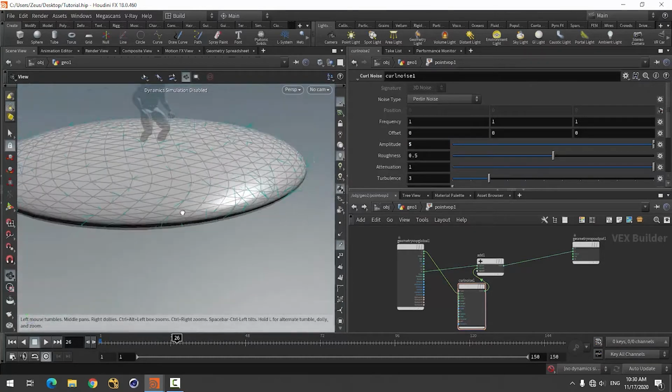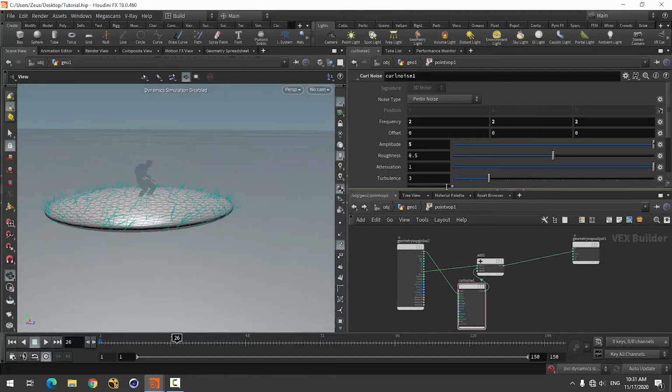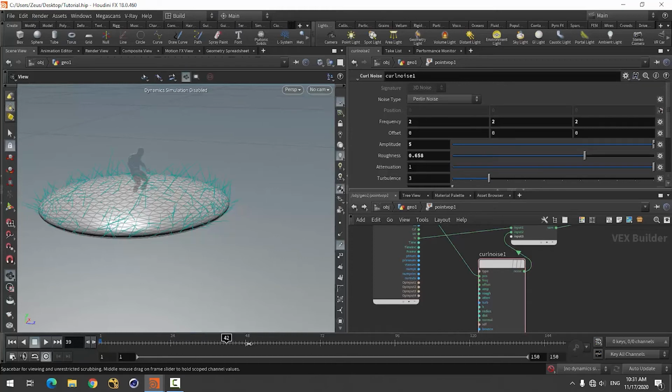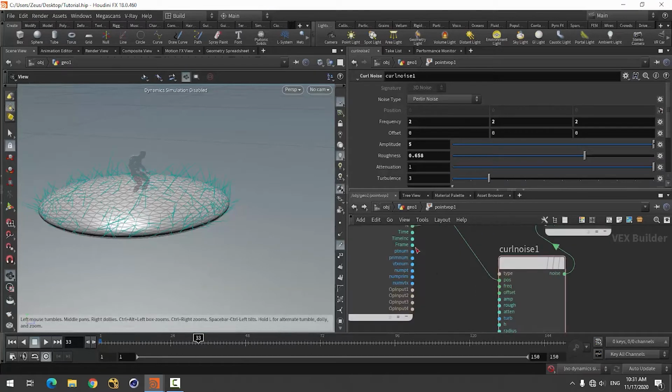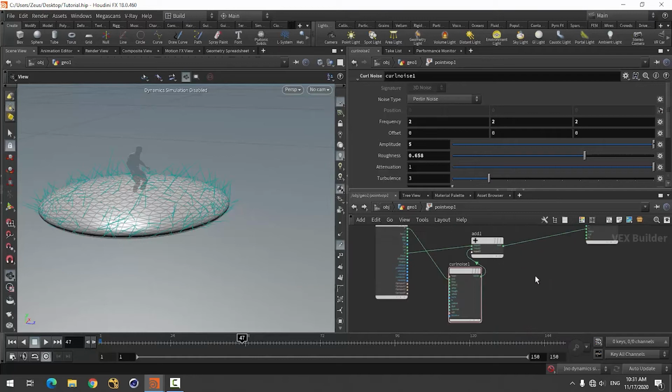See, we can use frequency, we can use like roughness, how rough you want. For me this is enough. And if you want it moving, we can use this frame to like offset. It will change this, and we can like